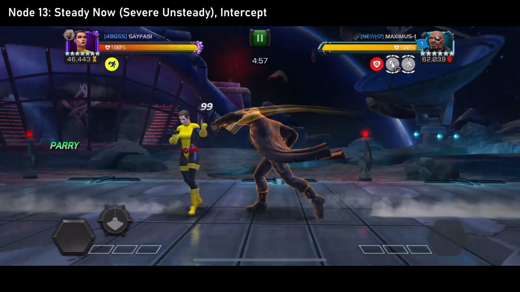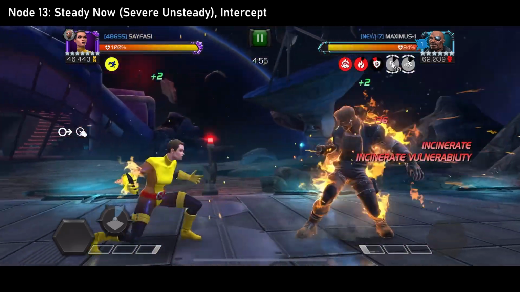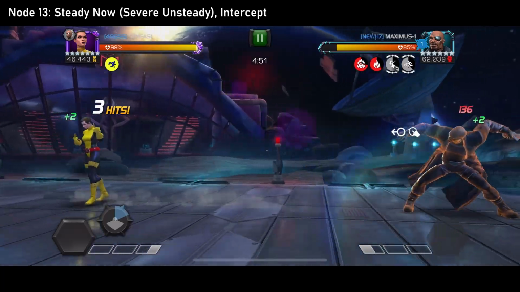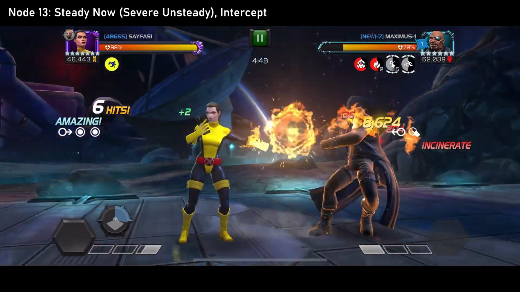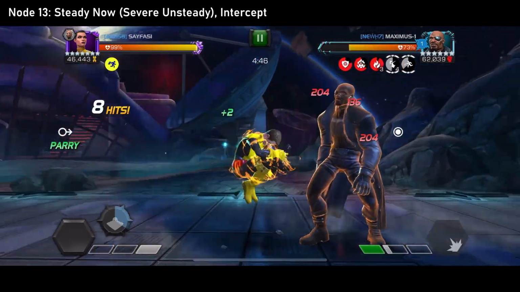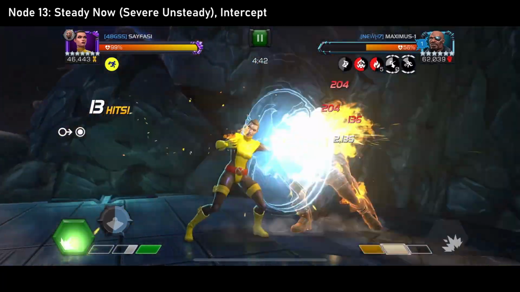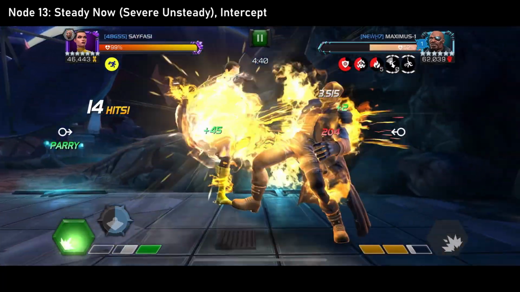The other node on there, the Intercept node, just means I may gain less power. Not a big deal. And we're just going to fight this like I would typically fight a Negasonic fight against Nick Fury. I'm not going to worry too much about the node. I don't think it's going to come into play. We're going to push him to a special 2 here,